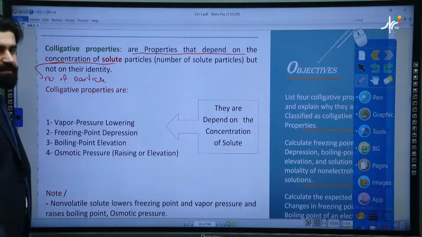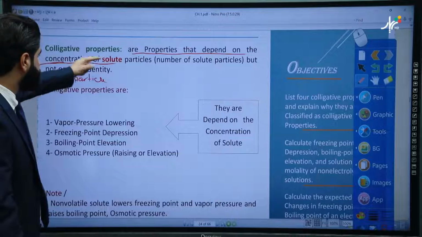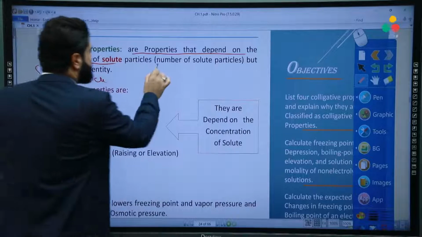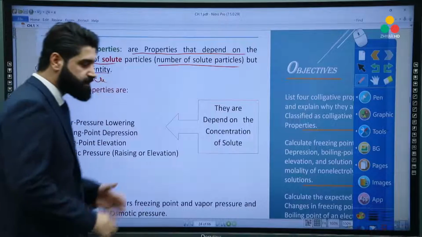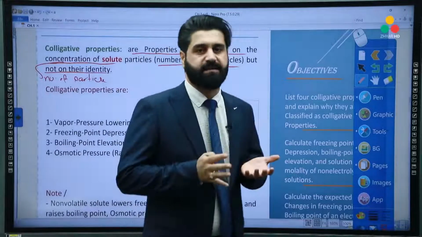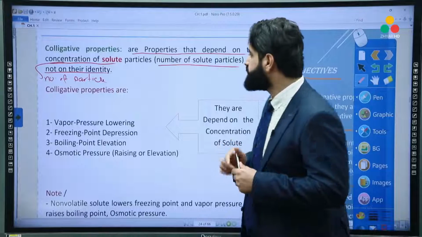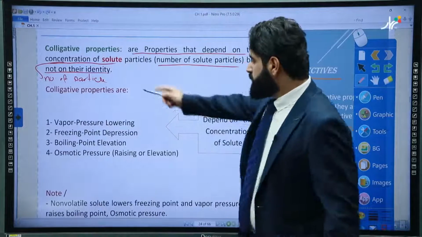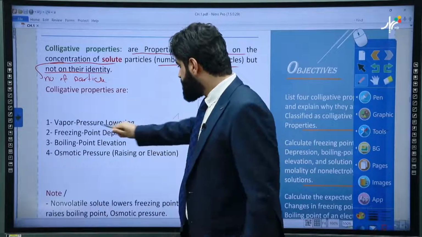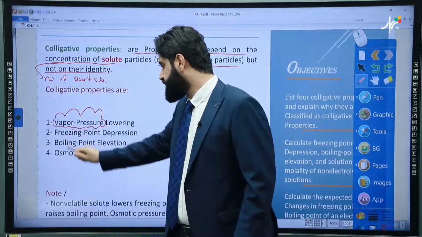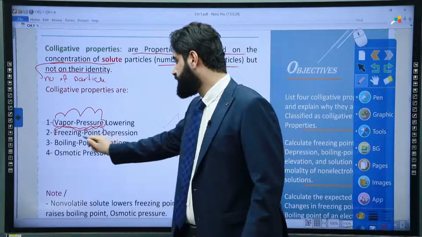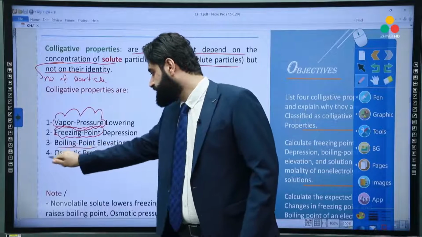When we say number of particles, it means concentration of solute particles, but not their identity, irrespective of their identity. Okay. We have 4 properties which are vapor pressure, just for now, just vapor pressure, freezing point, boiling point, and